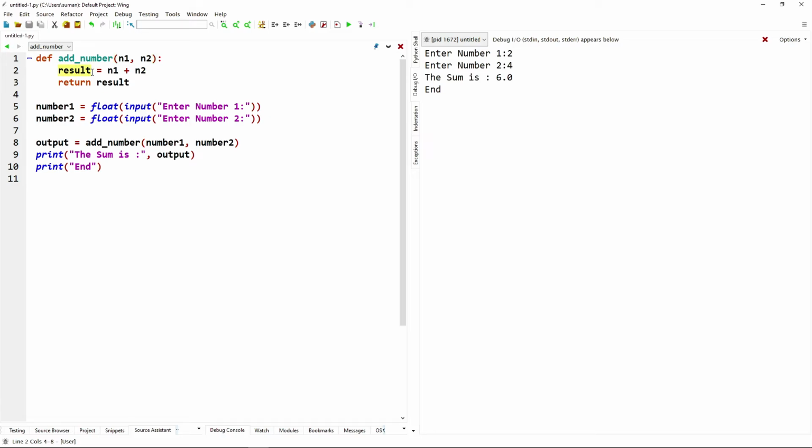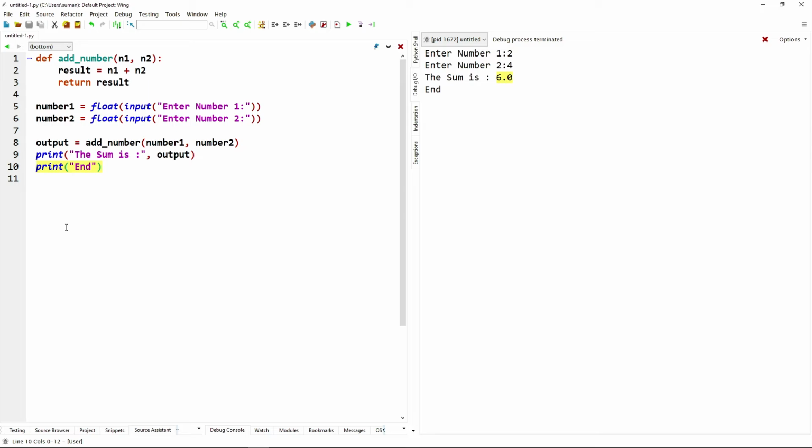Then the result variable is holding the addition of n1 and n2. Then it is returning the value of the variable result to the calling function. Then the value is assigned to the variable output, and that we are getting as an output with the help of the print function. Then finally the output end is here.